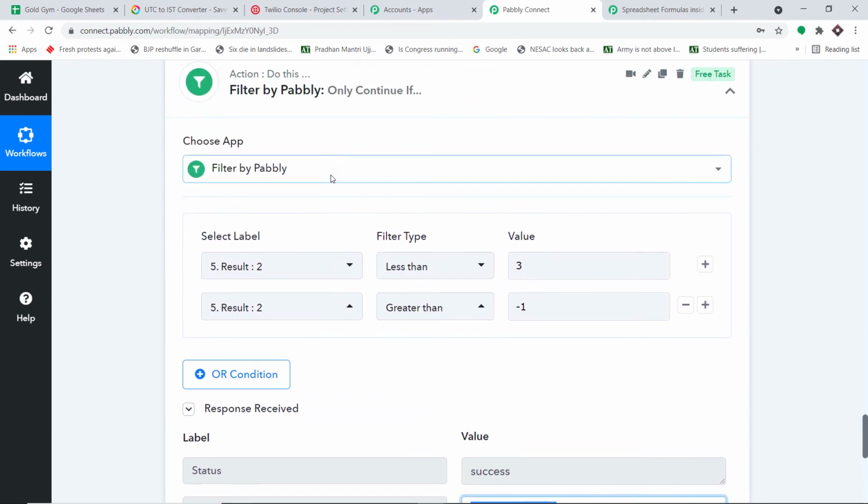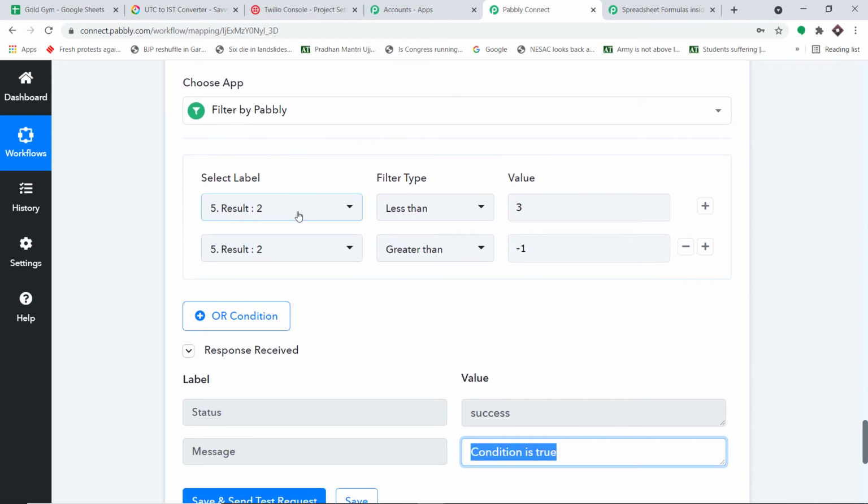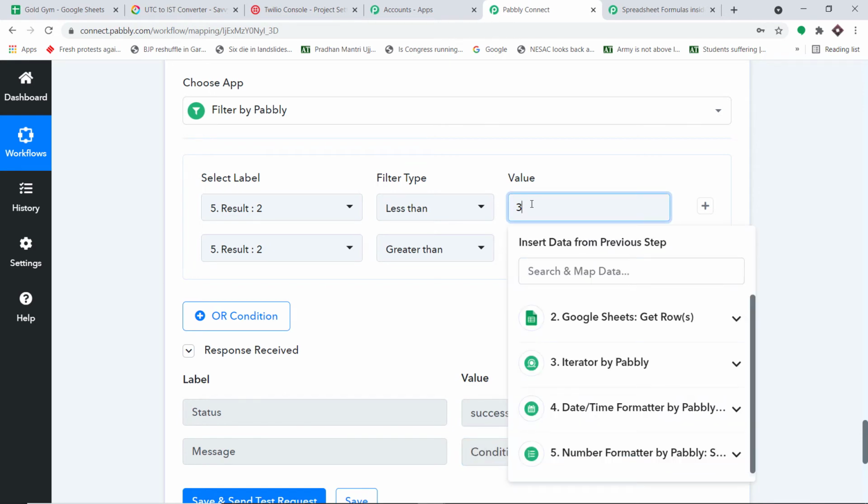So once again, let me just explain both the conditions. The condition is if the number of days is less than 3. So we will be sending the SMS if the expiry day is greater than the current day by less than 3. So from 2 days prior, he will be getting the SMS. Now of course you can make it 5 or 10, it's totally up to you, but I prefer to send the SMS 2 days prior to the expiry day.